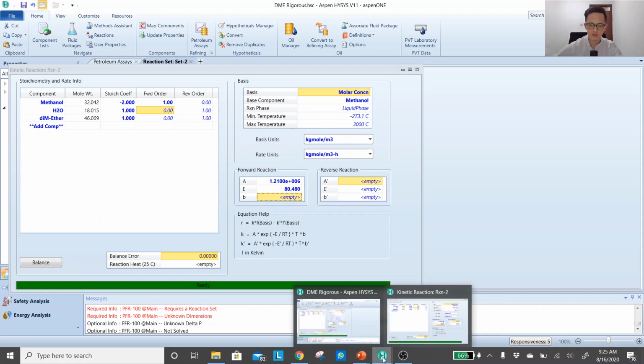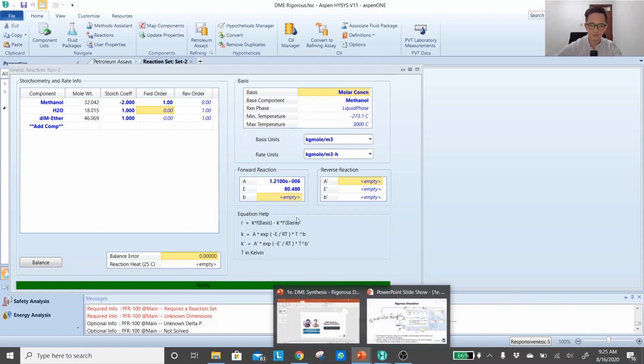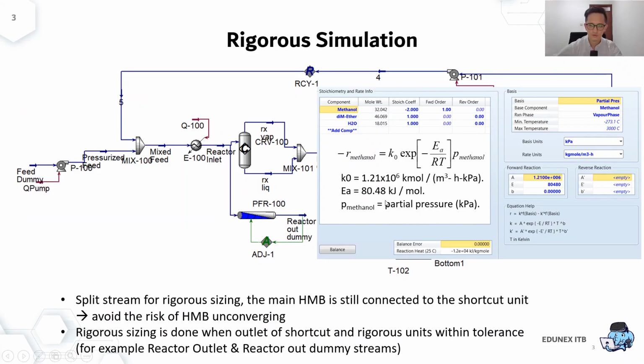Okay, double check whether I put the correct unit. Okay, it's actually kilojoule per mole, so I still put it in the wrong units, so I'll have to fix it. For the others, it's kilomole per meter cubed per hour kPa. So the basis unit has to be kPa because we express it in kilopascal.